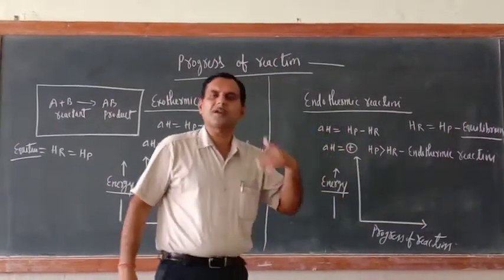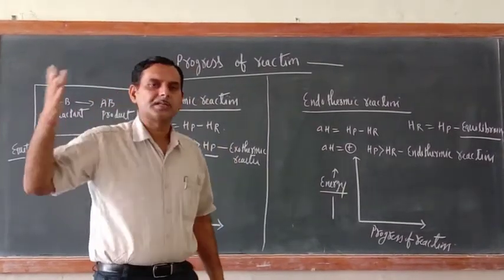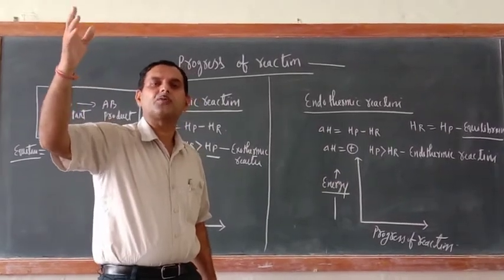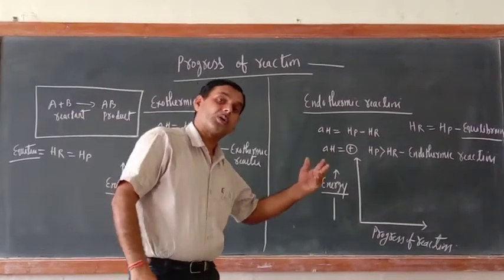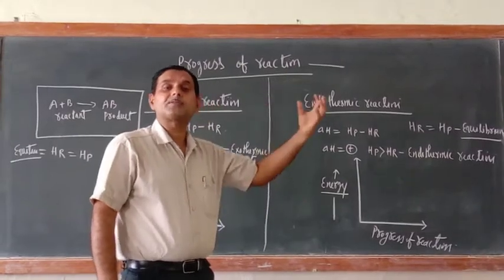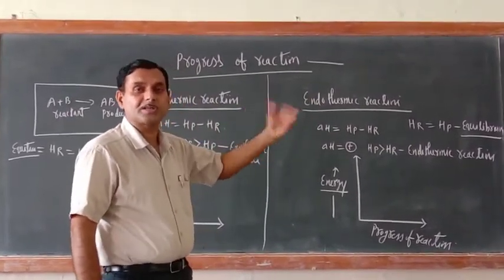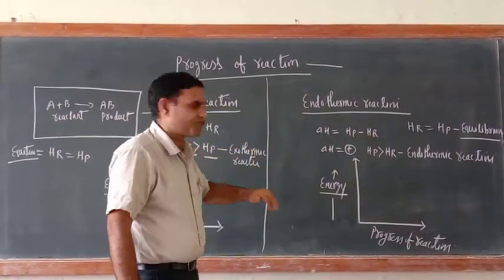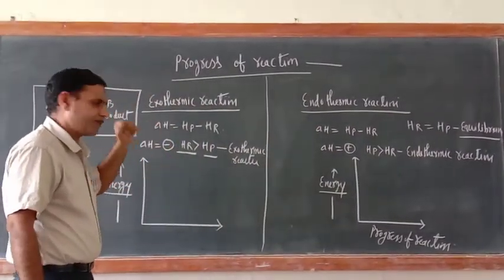So in a nutshell, what can we say? When the reactant energy is more than that of the product, the reactant will evolve or release energy to the surroundings so that it can have equilibrium with the product. If the product energy is more than that of the reactant, the reactant will absorb energy from the surroundings so that its energy becomes equal to the product and equilibrium can be established. In that condition, the reaction is known as an endothermic reaction. Okay, so now we have got the concept of exothermic and endothermic reactions.